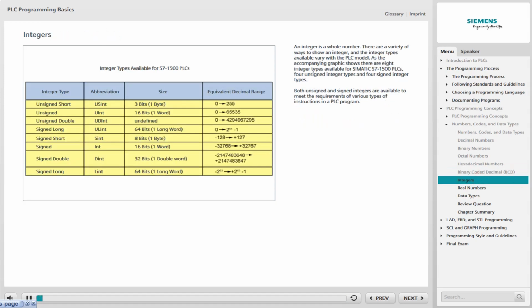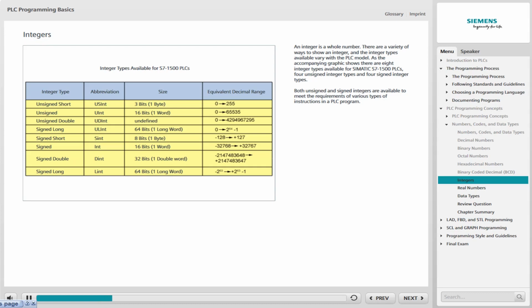An integer is a whole number. There are a variety of ways to show an integer, and the integer types available vary with the PLC model. As the accompanying graphic shows, there are 8 integer types available for SIMATIC S7-1500 PLCs, 4 unsigned integer types, and